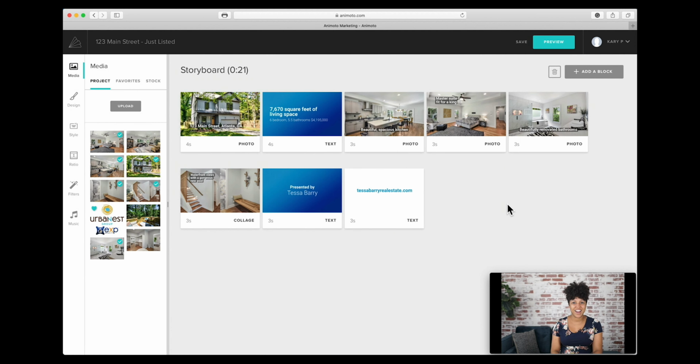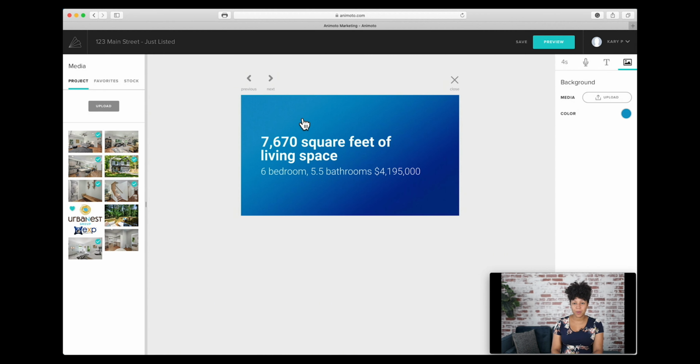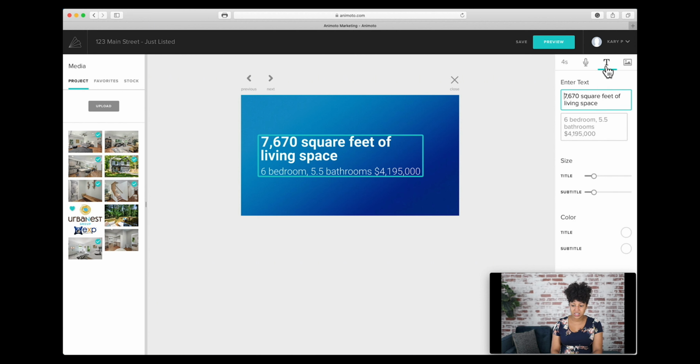Next, we're gonna update the text. So let's go ahead and start with the second block since we haven't updated that one yet. I just clicked it so that it opens up to our editing and customization screen. Then we're going to go to the text and start to edit the text that we see there. I'm going to do this very quickly. And you will update this with all of your information for your